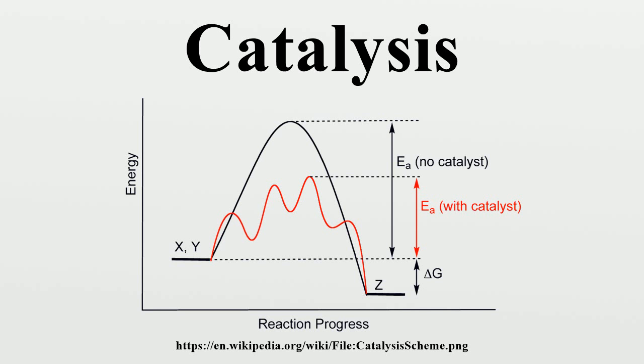X + C → XC, Y + XC → XYC, XYC → CZ, CZ → C + Z. Although the catalyst is consumed by reaction 1, it is subsequently produced by reaction 4. So it does not occur in the overall reaction equation, X + Y → Z. The catalyst is regenerated in a reaction.